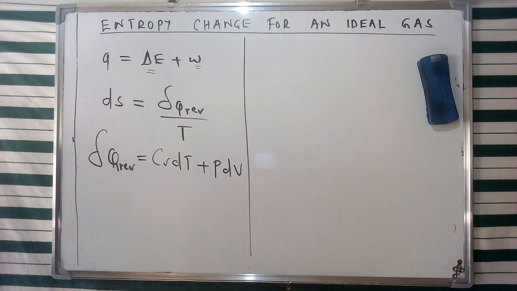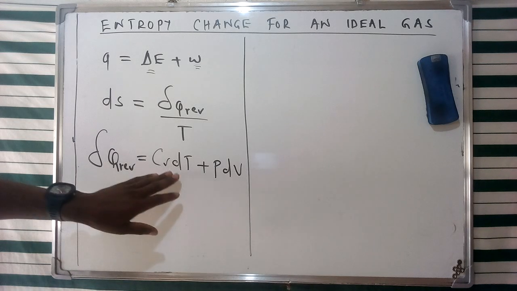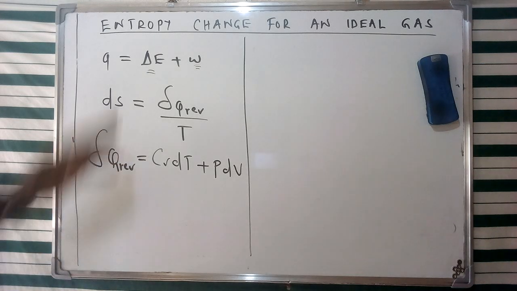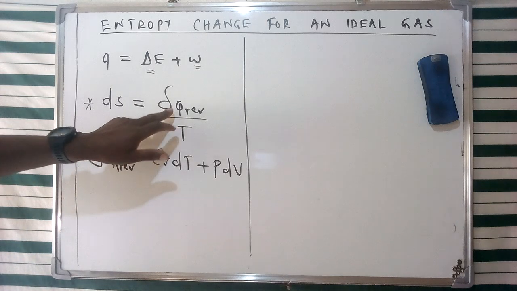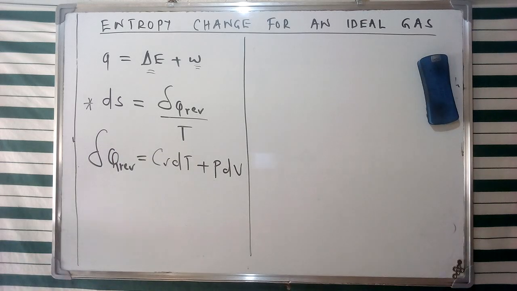So therefore we can represent this particular change, which is sigma Q reversible, using Cv dT plus P dV, as I've illustrated on the board. Now this is the case whereby we're going to consider only pressure and volume being involved in this specific change. And we can therefore represent this aspect of entropy as the change in entropy dS, which is sigma Q reversible over T,